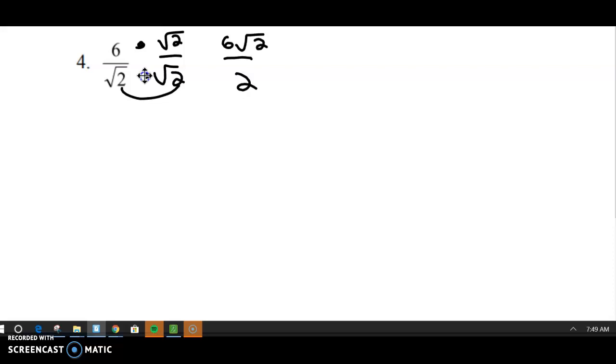I can't stop here because my fraction is not simplified. I want to simplify my fraction. So 6 divided by 2 is 3. Since the 6 is in the top, it's going to stay up there. Or if you did 6 divided by 2 and 2 divided by 2, you would see this cancels out to 3 root